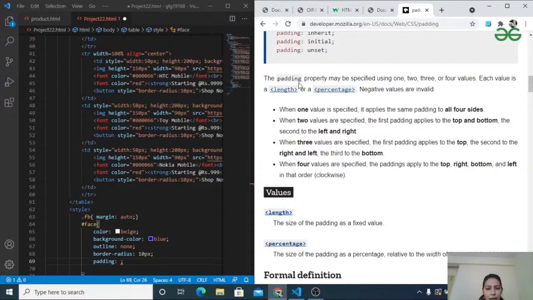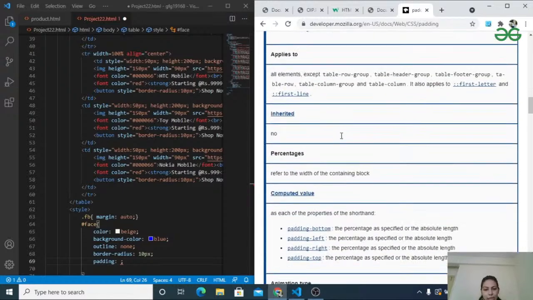अगर यहाँ पर एक ही वैल्यू स्पेसिफाई की है, तो दैट मीन्स कि 4 साइड से हमें सेम वैल्यू से पैडिंग देनी है। 2 वैल्यू स्पेसिफाई की तो टॉप बॉटम या फिर सेकंड जो वैल्यू है लेफ्ट राइट, ठीक है, फर्स्ट वैल्यू इज टॉप बॉटम, सेकंड इज लेफ्ट राइट। 3 वैल्यू स्पेसिफाई की तो यू कैन सी टॉप एंड सेकंड इज राइट एंड लेफ्ट एंड थर्ड इज बॉटम एंड एक्सेट्रा। सो इस टाइप की वैल्यूज दी जाती है।